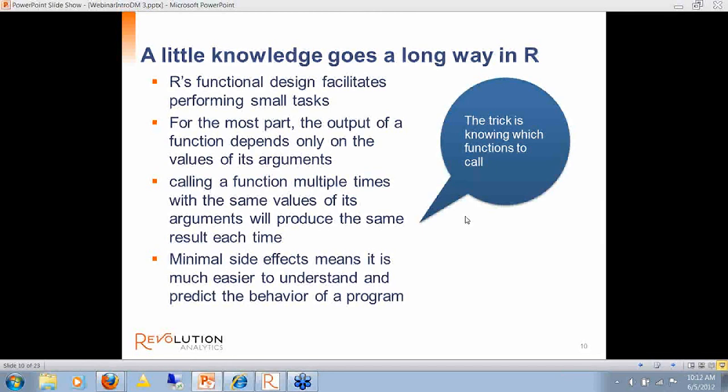As long as you line things up, same input, same function, you'll get the same output. A kind of predictable environment that facilitates experimentation and learning and gives you a sense of confidence that you know where you are. And there are minimal side effects. So for the most part, R functions don't do things that are extraneous to what you need to have done.